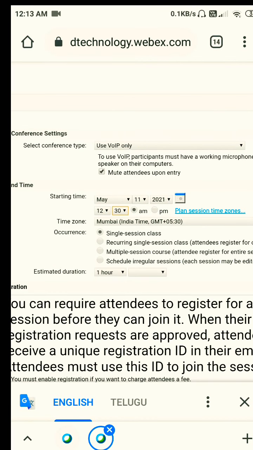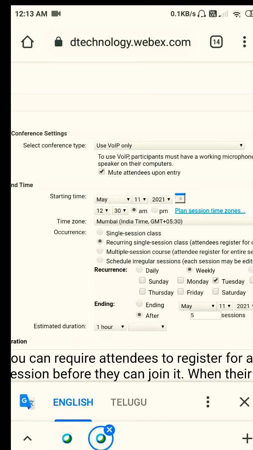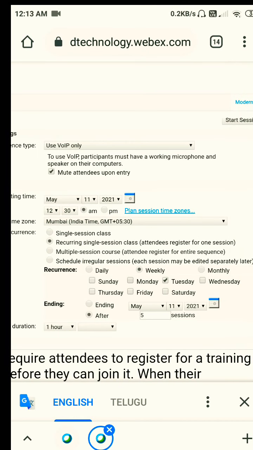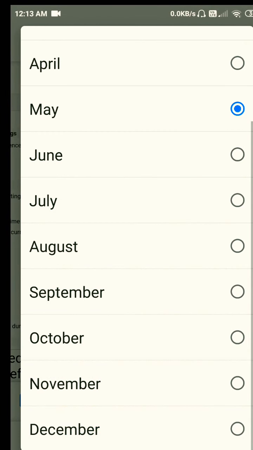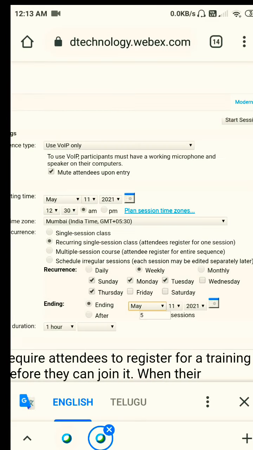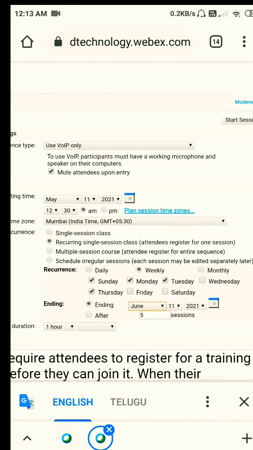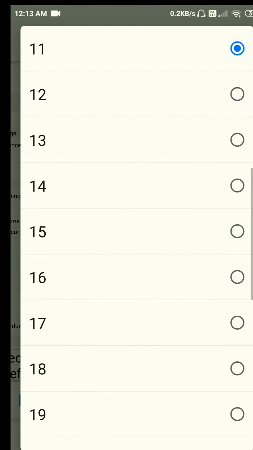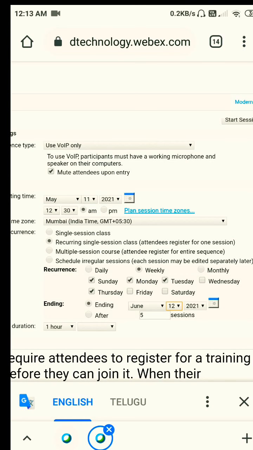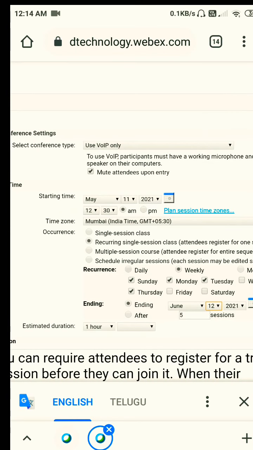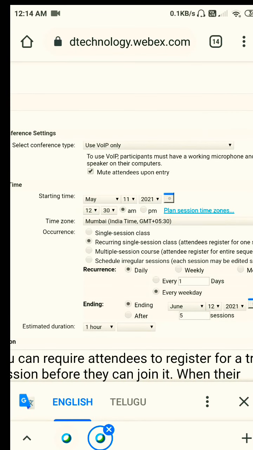Since it is a recurring event, you need to check for that. Whether you are going for a recurring event or a single one-day session, make sure this recurring event will last for 1 month. So if you're starting from May, you have to give it till June of the same date.